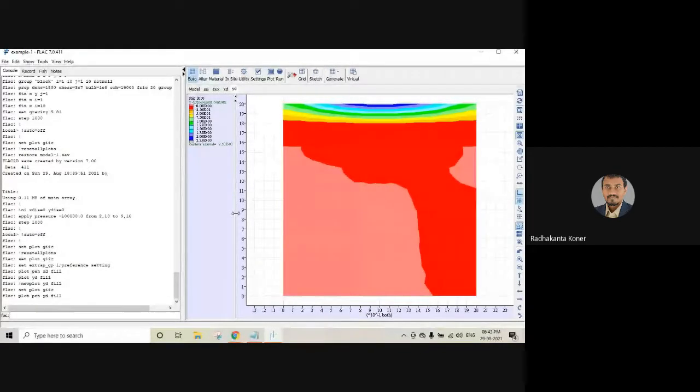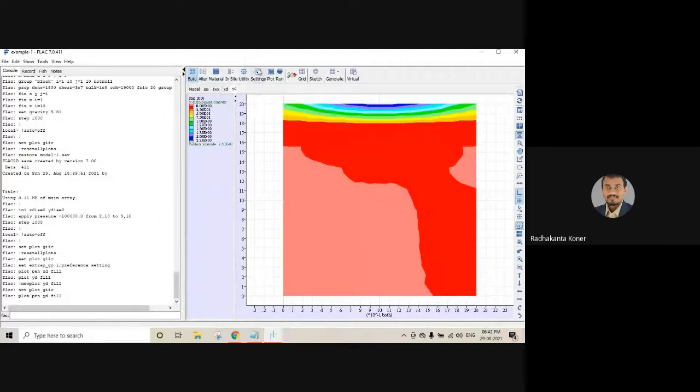So suppose in a construction site, we want to test a pre-fabricated block. What is the strength of it? I am applying a load. So that situation is exactly reproduced in this numerical model. Okay. Now, in this particular toolbox, once this kind of analysis is done, how to interpret the result? Okay, so go to the interpretation.